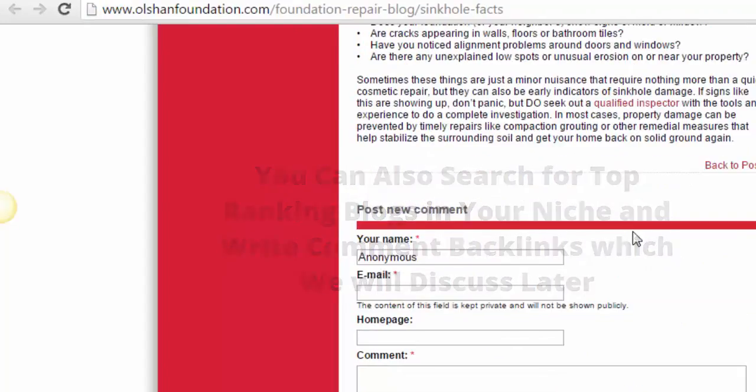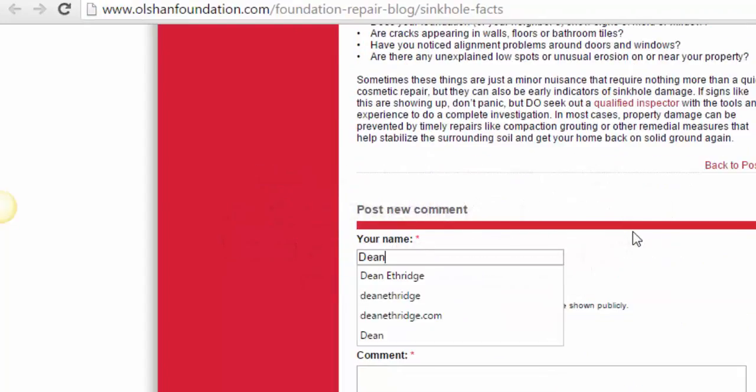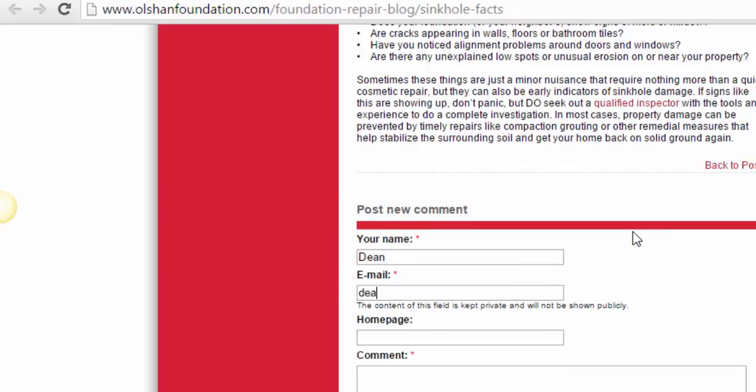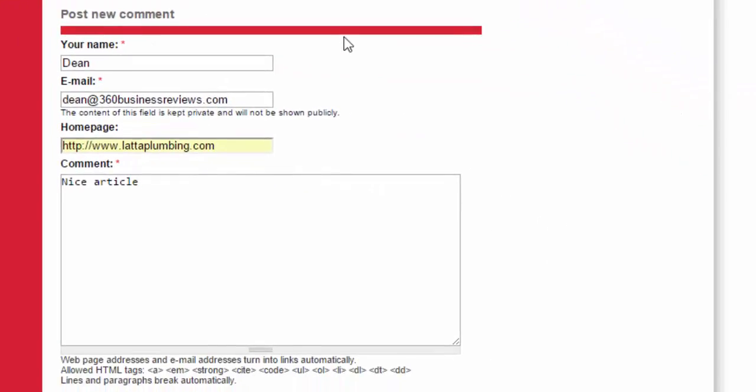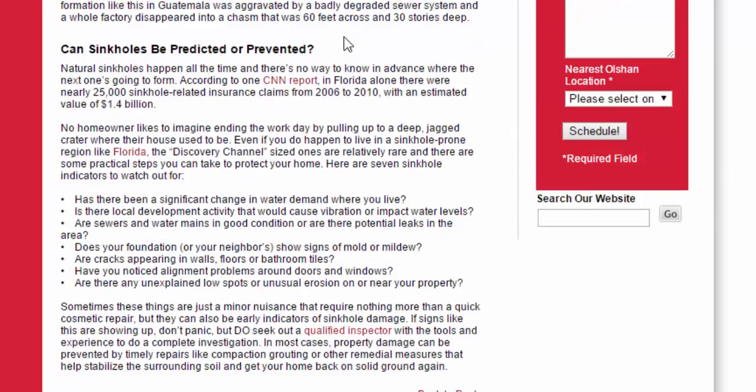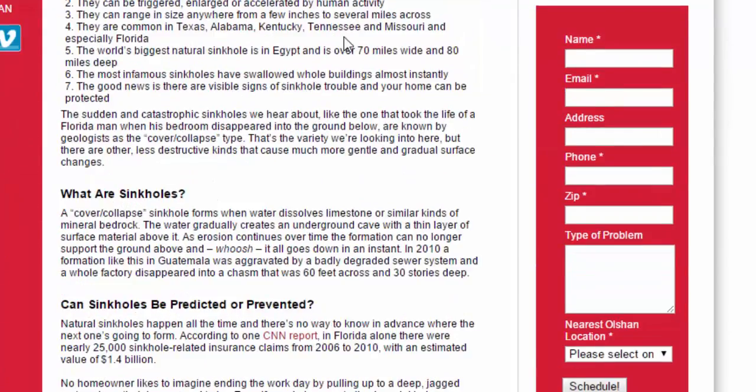What I would do here is write something sincere and try to engage in the conversation. You can just skim over the article.